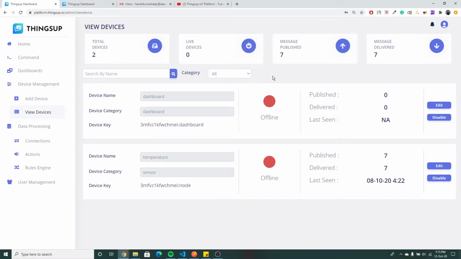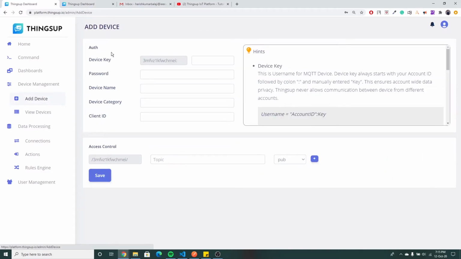Okay guys, now let us see how to trigger an email from the value which is obtained from a MQTT device. That is, data will be published in a MQTT topic, and from the topic, let's see how to send that value to the email. Before going into it, you must make sure you have created a MQTT device here.